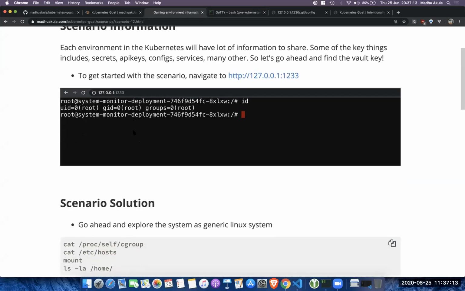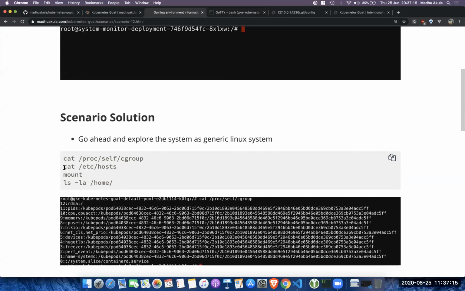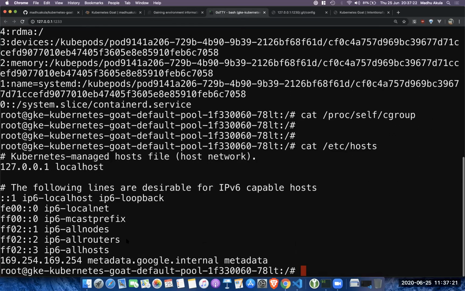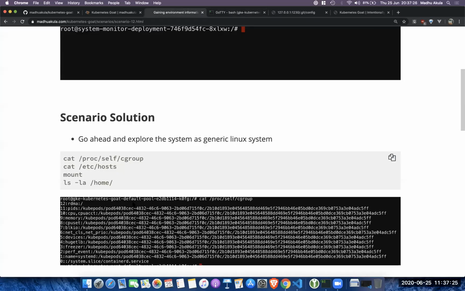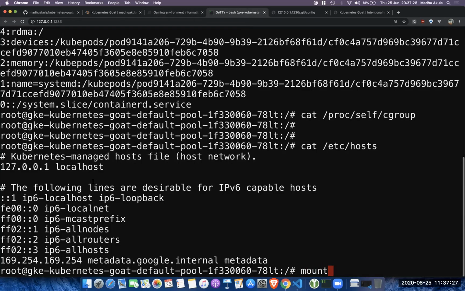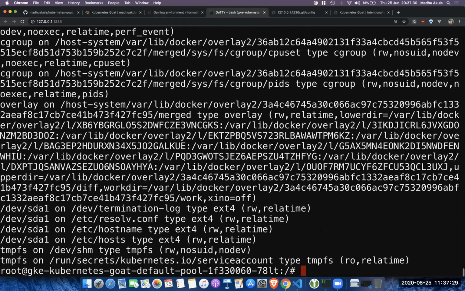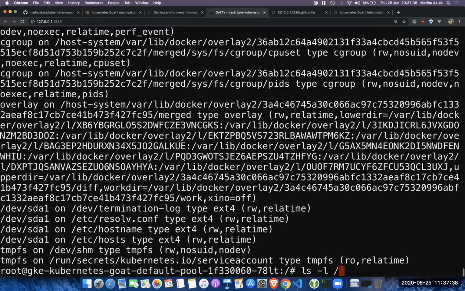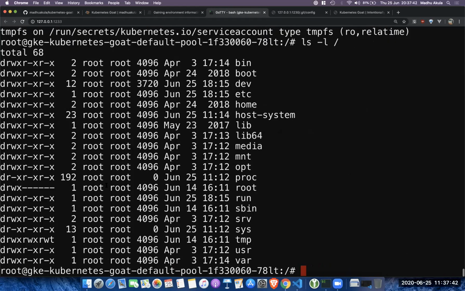You can also look at /etc/hosts to see what kind of hosts are accessible, and sometimes you see some other internal endpoints as well, whenever required. Also, is there any extra mounted option from the host system to the current Kubernetes pod? And you can look at a bunch of other places, like whether there is any home folder they have created with any specific information.